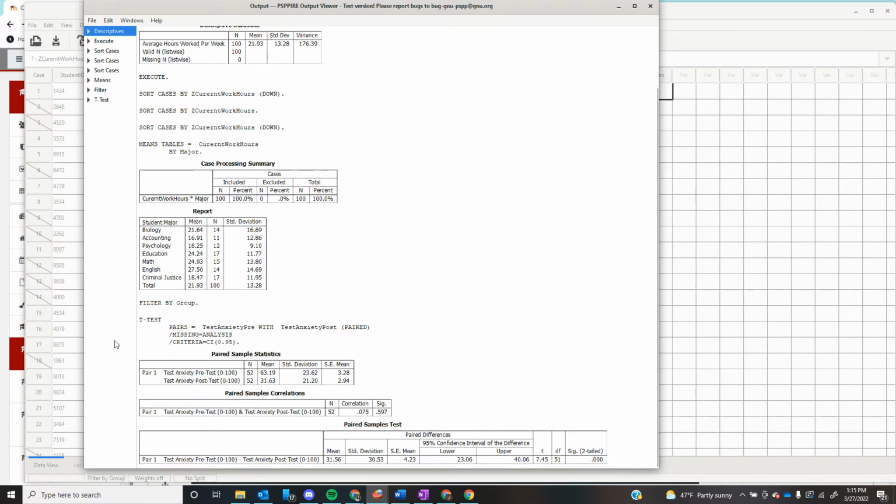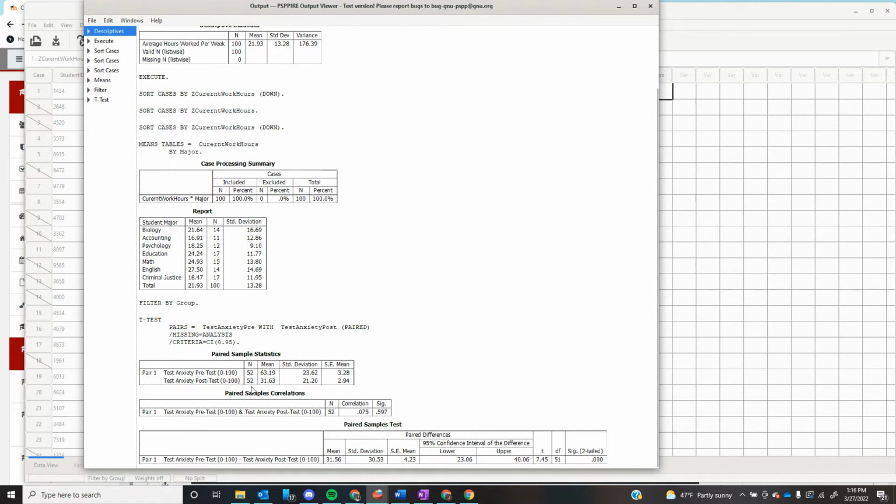The likelihood that this result was achieved based on coincidence, we are now at less than 1 in, what would it be, 1 in 1,000, 1 in 10,000, because we don't even have a 1 over here. We don't know how many more zeros we would need to go out to get to our 1. So we can say with pretty good confidence, okay, our workshop made a statistically significant difference in our students' levels